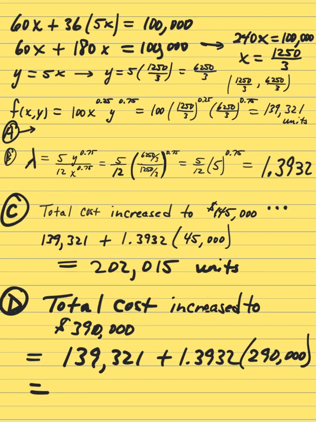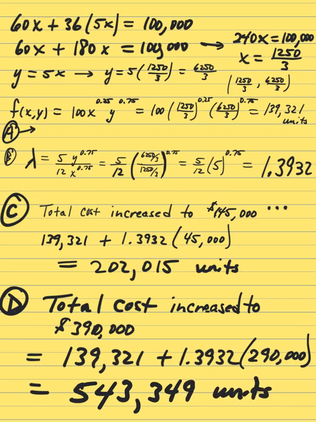I'm going to triple check. That's why you always triple check, because it is very tedious. 1.3932. Okay. 543,349 units. I apologize for missing that calculation, but you see why I always go back and try to find errors,